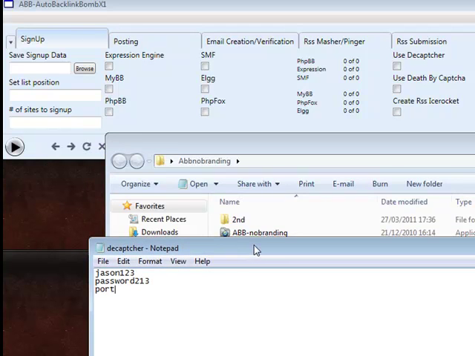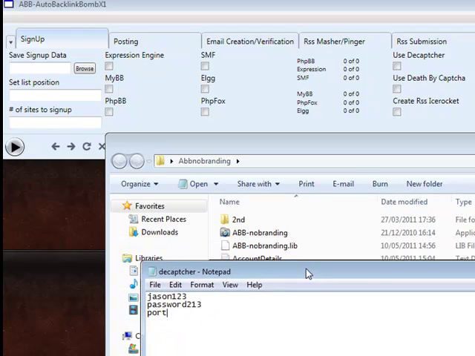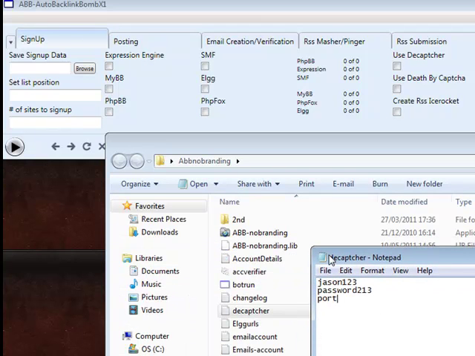So now, guys, if you want to use death by capture, you're going to be using exactly the same file, dcaptcha.txt, but there is no need to enter a port in there. The only details that death by capture require is a username and your password. So enter your username on line 1 and your password on line 2 that you get from death by capture, which you can get from deathbycapture.com. And just to let you know, guys, it's much faster, it's much cheaper, and personally I would say it's about 100 times better than